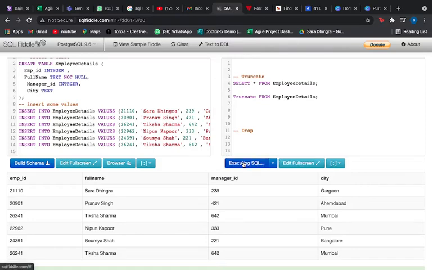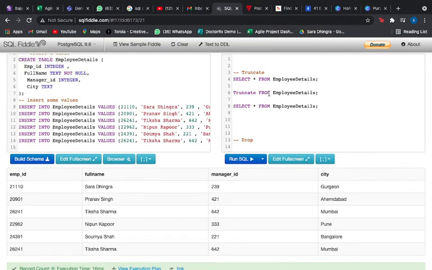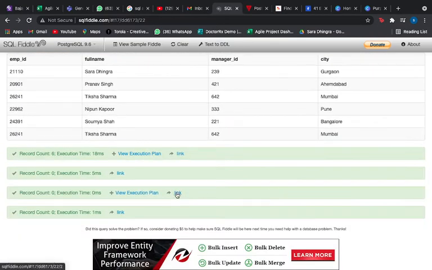So I'll just run this for you, and let us also run the select command, so we can see how our table looks after that. Okay, so we don't have to use from here. We can just remove that. Let us run this. Yeah, so if you see, all the commands have been executed, but again I can't see my table.